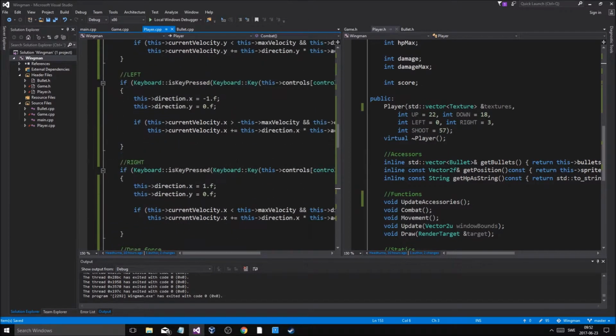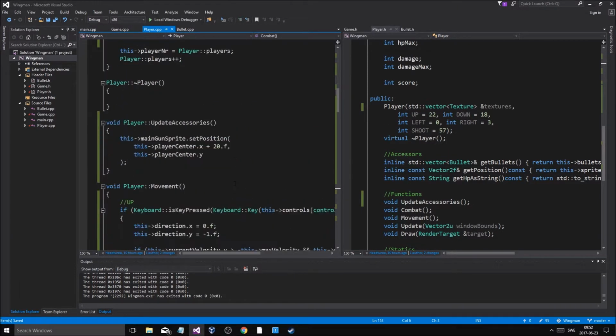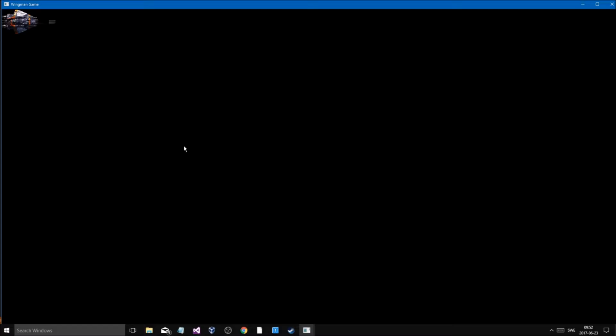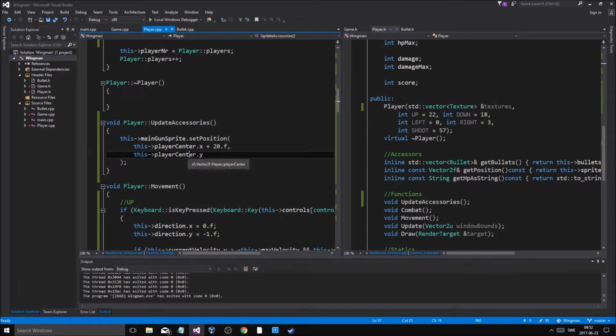And to animate the main gun, it's gonna be a lot more than this. Because the set position in Y, it's going to always keep it at the same Y, always keep it at the same X. It's just that when I shoot,